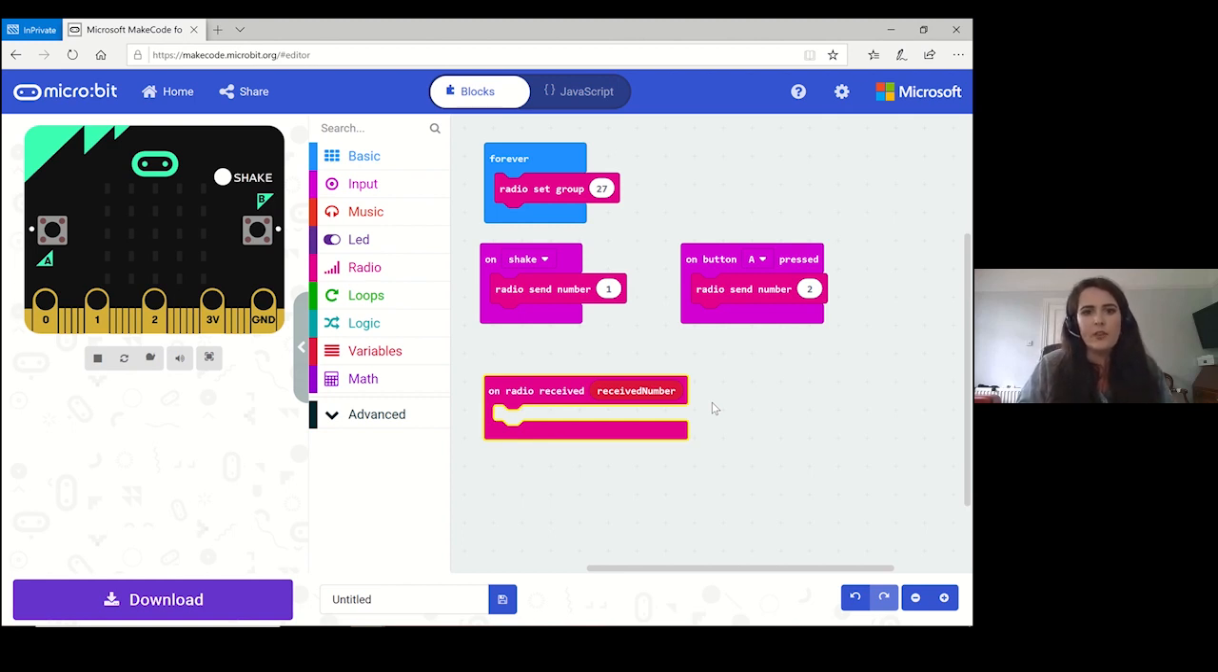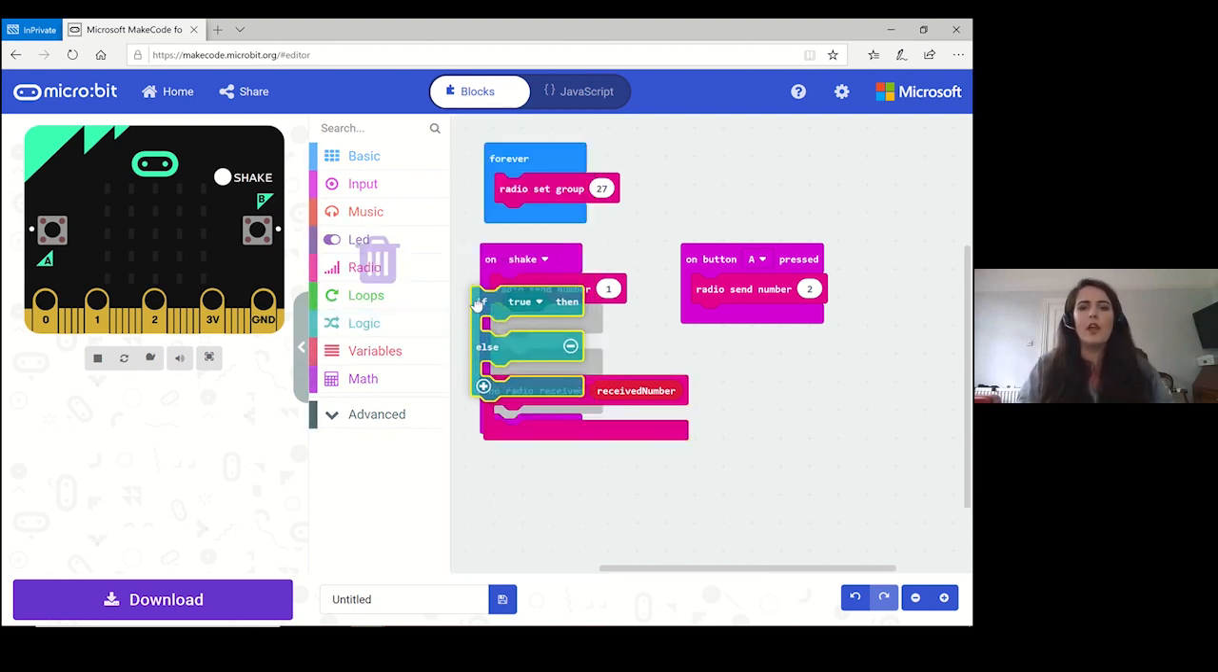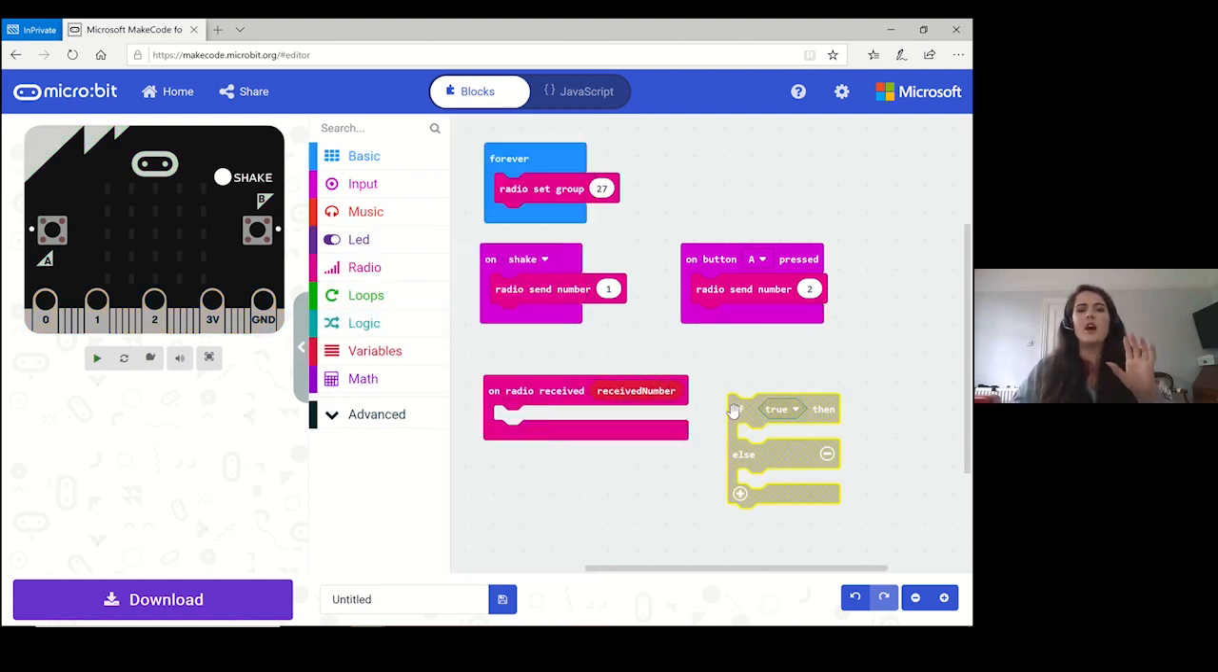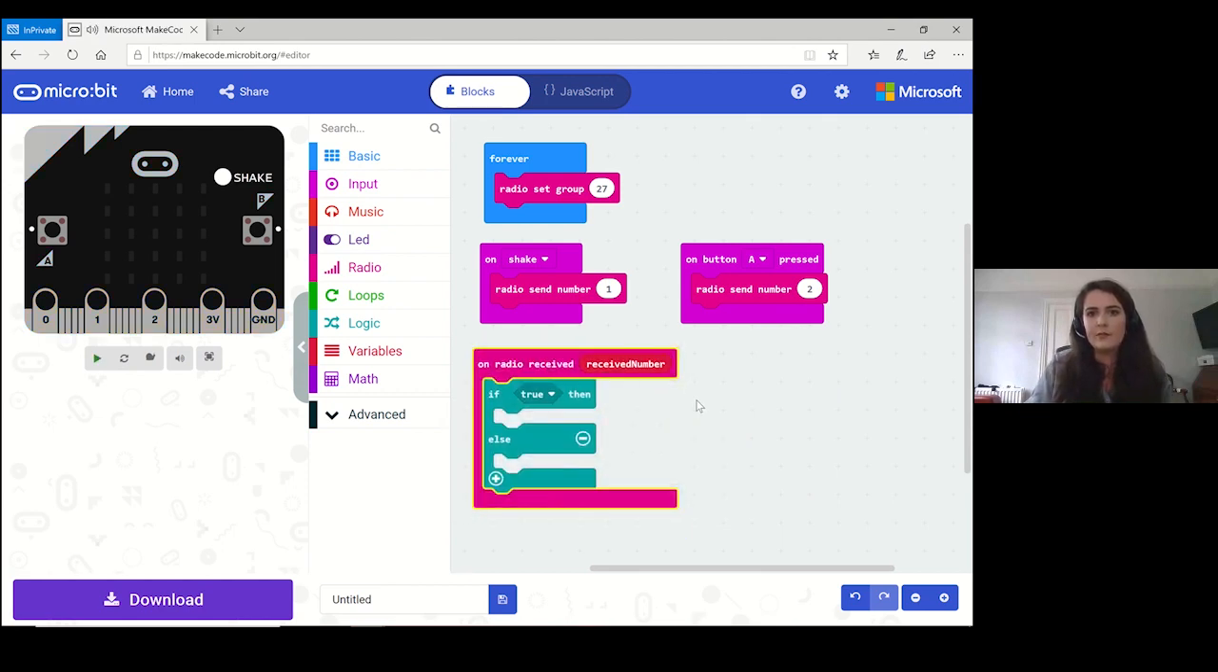So we went into the logic section and we grabbed one of these conditionals. Like Niamh said, the conditional sections are if-then statements. So if something happens, then you do something else. If it's sunny outside, you wear sunglasses, else you don't wear sunglasses, okay? So I'm going to bring in on radio received here, okay? So when my microbit receives a number,